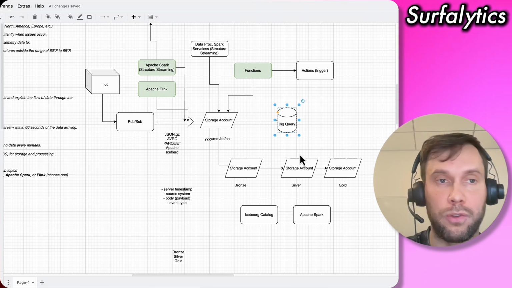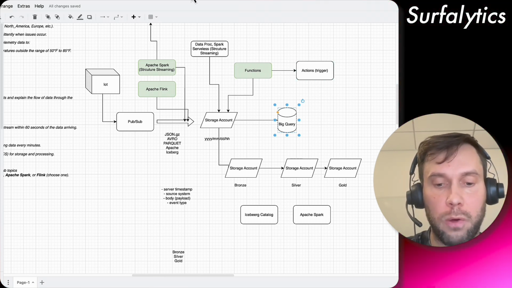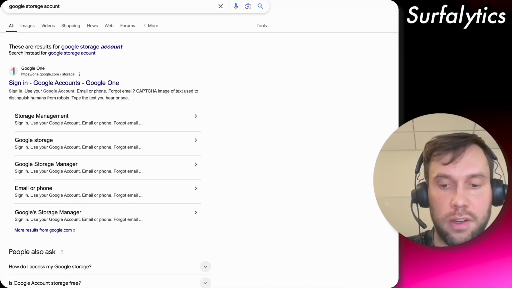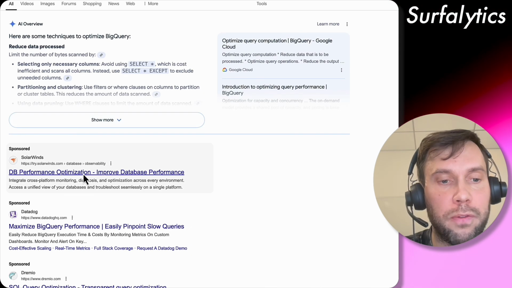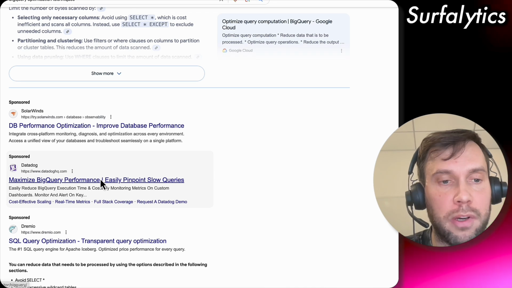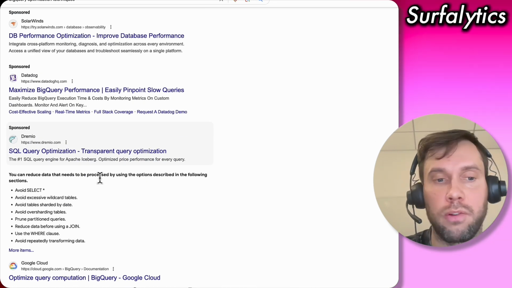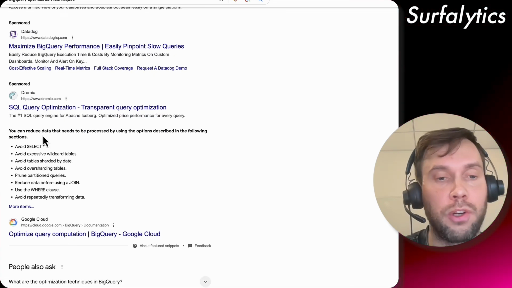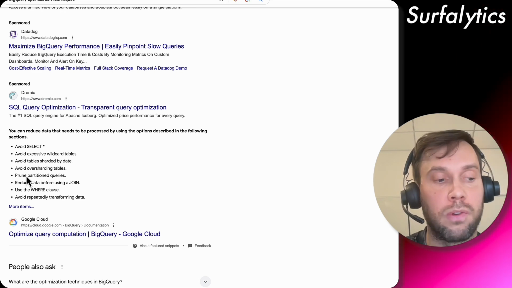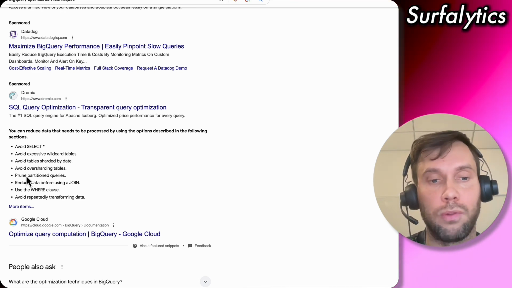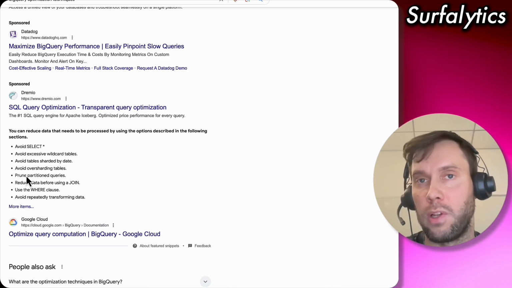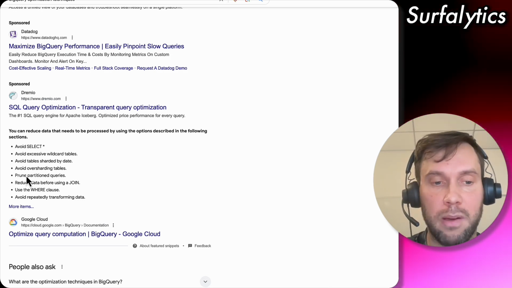And for example, if I go to BigQuery optimization, it should go through the steps that tell me what kind of things I need to consider, because here it's just general rules like, okay, please use a where condition on your partition. My goal is to decrease the amount of data being scanned, right? We don't want to let users read the data for the last 2 years in the raw format.